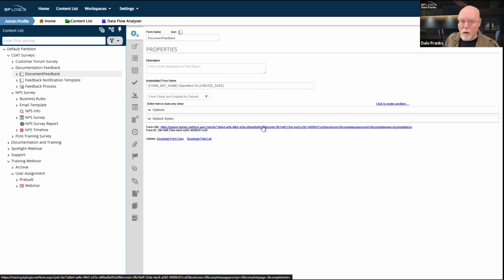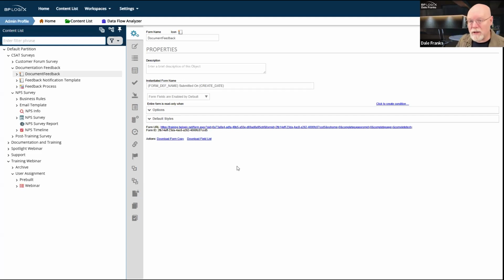Once that URL is invoked, Process Director checks and says, okay, somebody's asking to use this form. Don't know who it is. Can I show it to them? Yeah, sure you can, as long as you have permission set for anonymous users to be able to run that form. They can run the form, they can fill it out, they can submit it, and that would kick off a process. Now, that's very common to do.